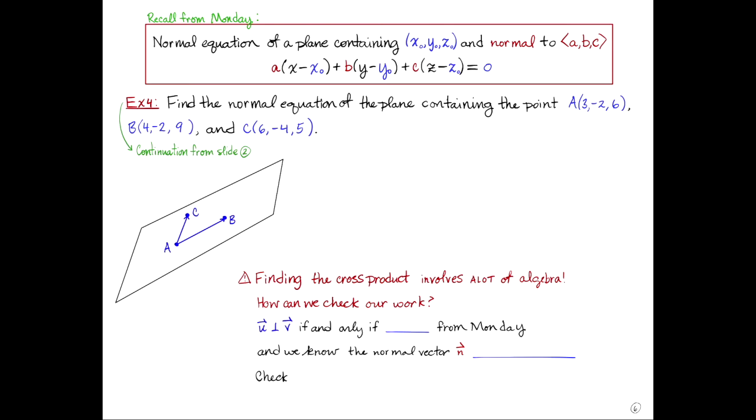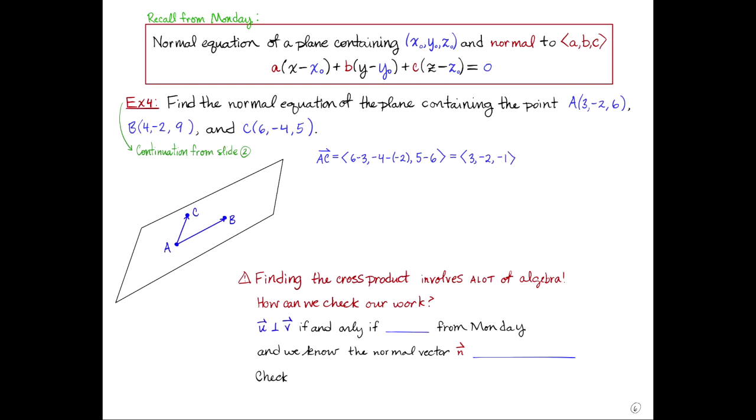Once we can find 2 vectors that lie in the plane, we know that the cross product of those 2 vectors has to be perpendicular to the plane in which the vectors lie. That's our strategy for solving this example. Let's start by finding our 2 vectors. AC is equal to head minus tail, 6 minus 3, -4 minus -2, 5 minus 6, which is equal to 3, -2,